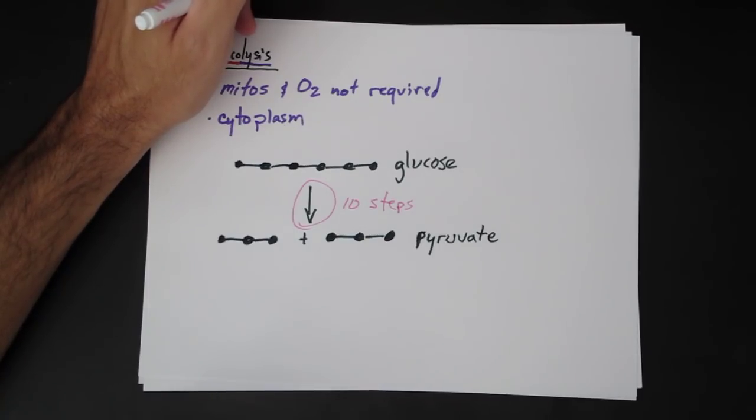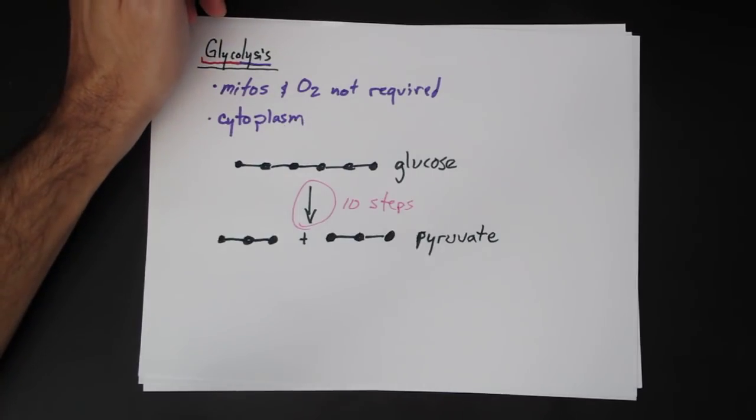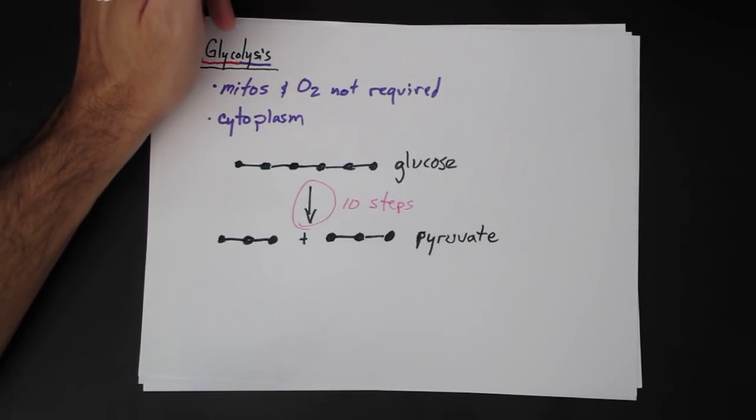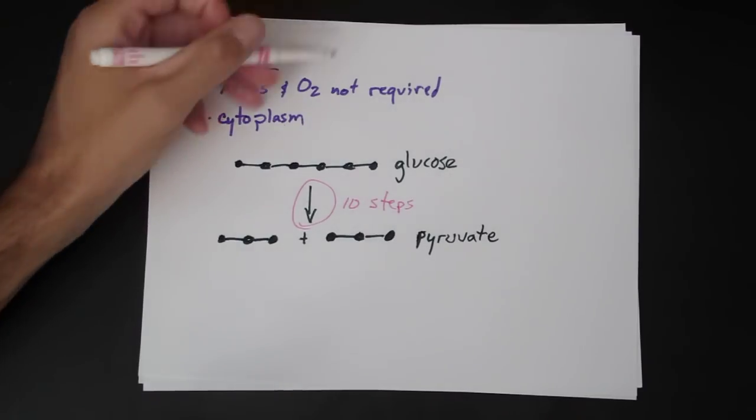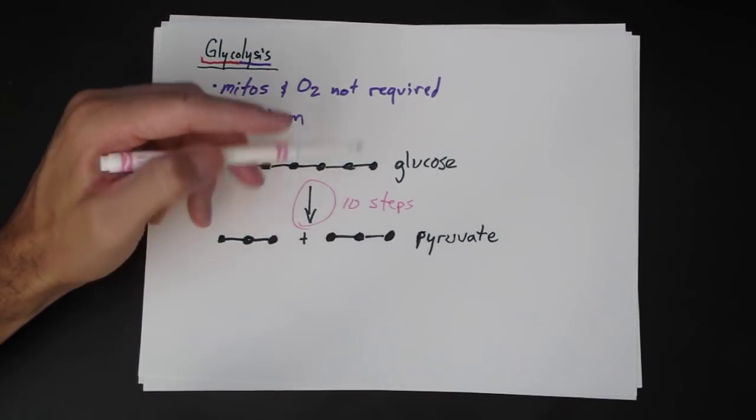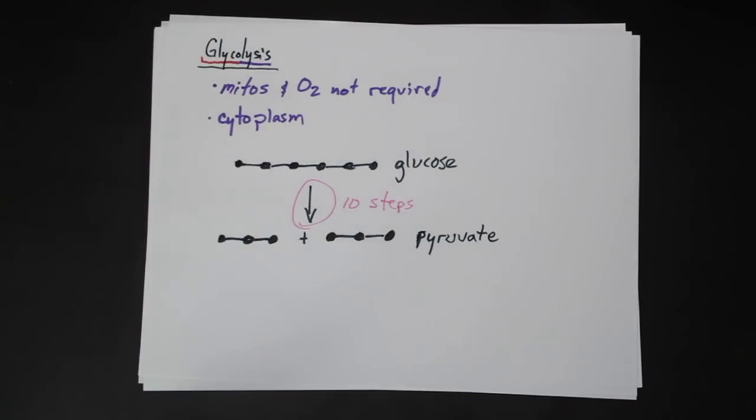When you take biochemistry or another physiology class a little bit later on, you're probably going to be asked to memorize those 10 steps. But I'm more interested in the big picture. So for now, know that there are 10 steps there, but ultimately glucose is converted to 2 pyruvic acids or